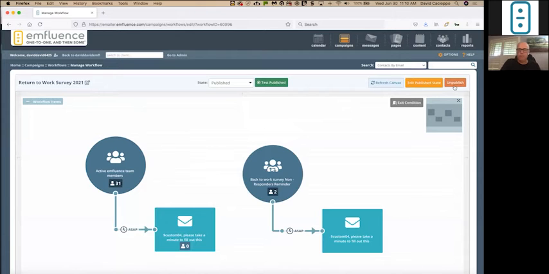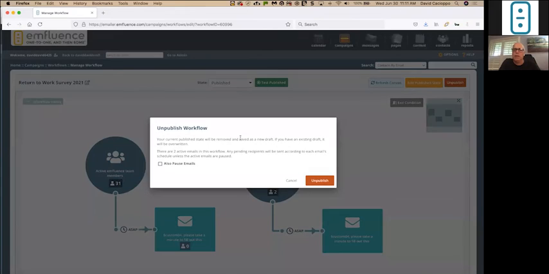So we had multiple requests from people, as things happened over the course of the last year, to have a quick way to just stop all their automated campaigns, all their workflows. Let's just say there's some significant event in the country, and it now becomes insensitive to be sending out email campaigns and workflows that aren't aware of what's going on around you. People ask for a quick way to shut things down. And so you do have that now by clicking unpublish.